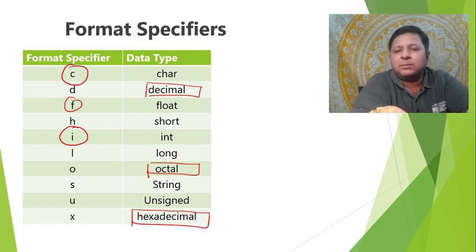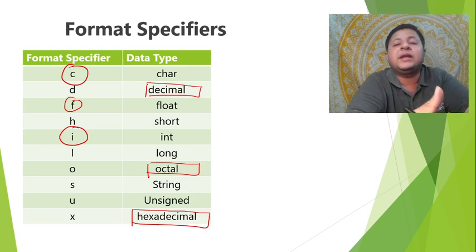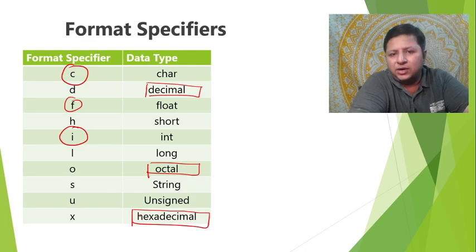In brief, I'll tell you. Maybe later on, if possible, I'll keep a separate bonus video dealing with the different format specifiers and the effect of format specifiers and so on. But currently, if I say %i while doing scanf, I'm actually allowing all three types of constants to be entered. If I start with 0, so instead of entering, let's say, 23, I enter 023 by mistake, it will be taken as octal 23, and consequently converted to its corresponding decimal. In short, things will not be in our control.